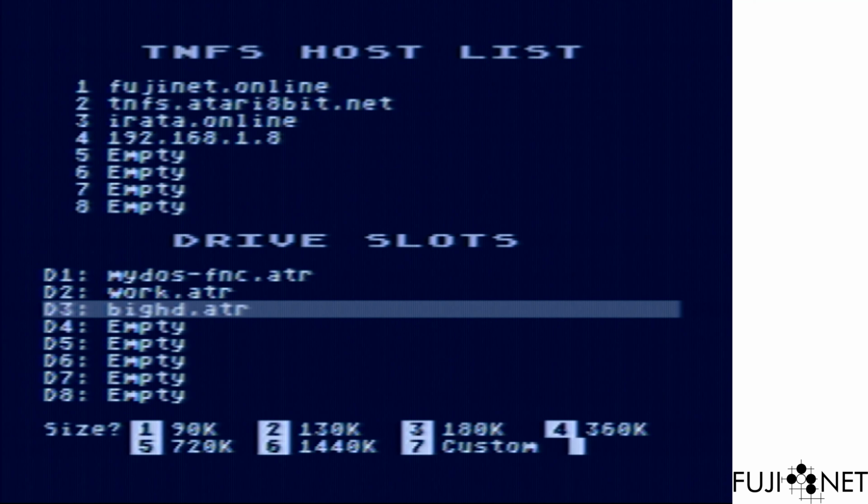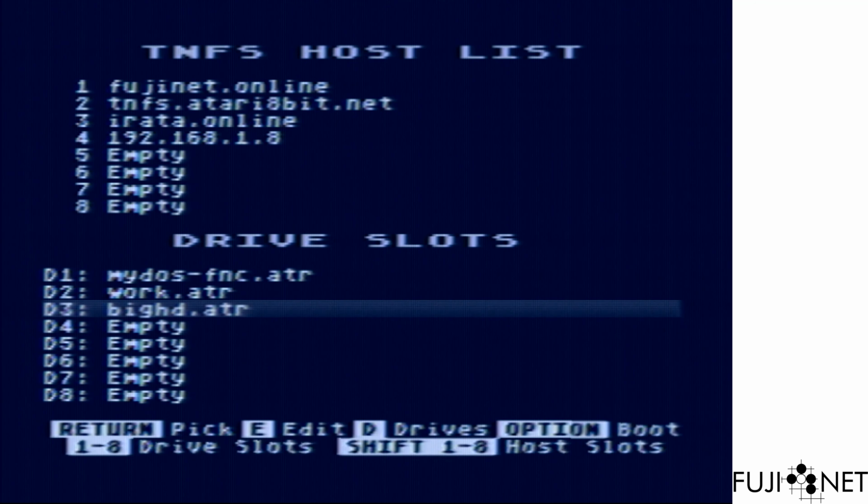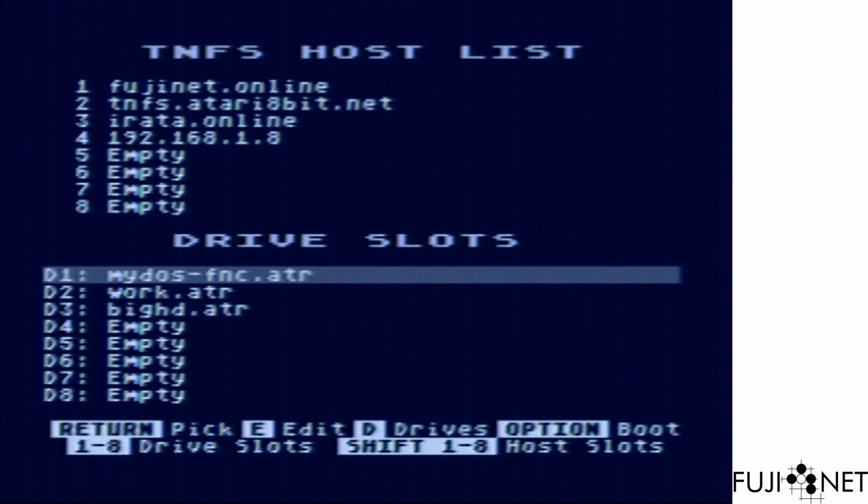And instead of picking one of the available disk types here, we'll choose 7 for custom. Now it's asking us for the number of sectors we want. We put the maximum, which is 65,535, and we put the sector size, which is 256. Are we sure? Yeah. Now you'll notice that it took the same amount of time to create the 90K disk as it did to